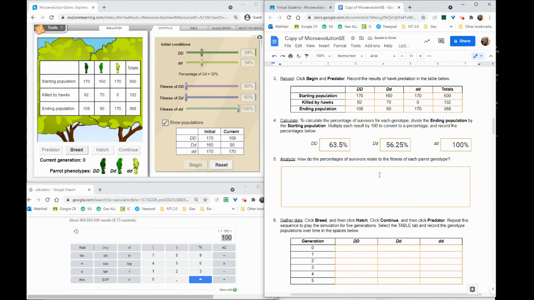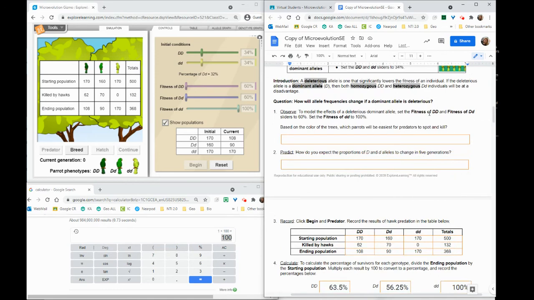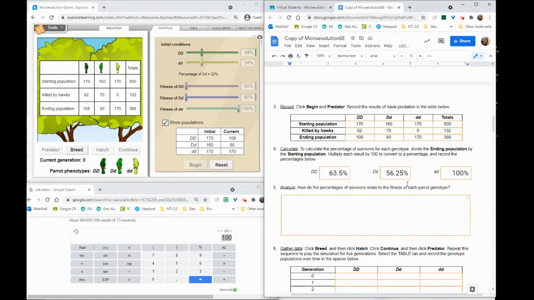So given the current time, I'm going to go ahead and move on. You will need to come back and analyze how the percentages of survivors relate to the fitness of each parrot genotype. So you'll want to look at the fitness levels, and you'll want to discuss which ones were more camouflage, which ones were less camouflage, and how that related to your